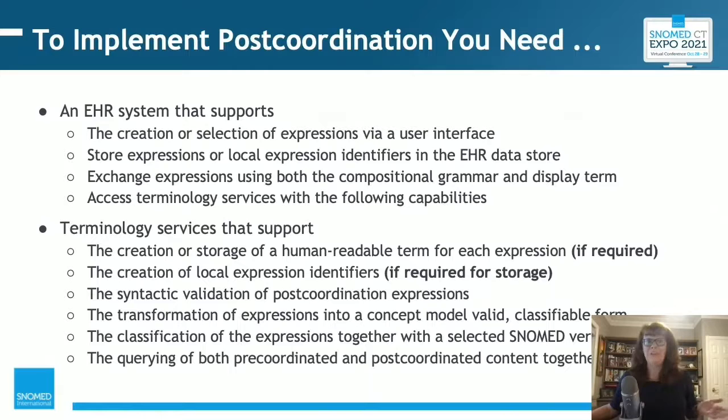So to implement post-coordination, you're going to need an EHR system that supports the creation or selection of expressions via a user interface, the ability to either store a full expression in the health record or a local expression identifier that's linked to a full expression via a table or repository of some kind, the exchange of expressions using both the full expression itself with a display term or whatever it was the user selected, and access to terminology services that support the creation of a human readable term for each expression if required, or the ability to store an interface term that's linked to each expression, the creation of a local expression identifier if